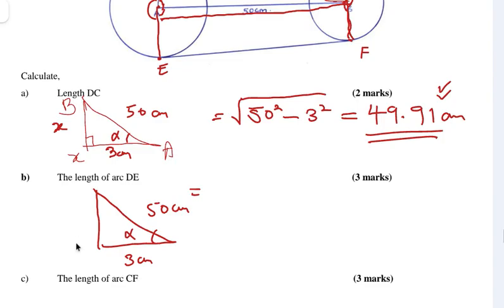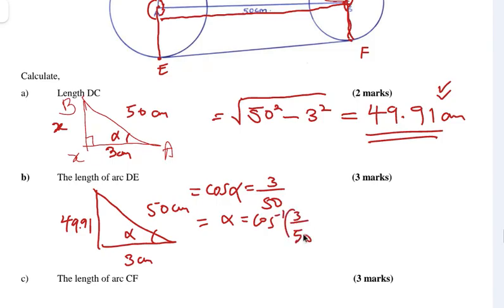Tutatumia cos. Ukitaka waweza tumia sin, but let me just use cos. Okay, let me just use cos because I like it. So cos alpha equal to cos which is toa equal to adjacent over hypotenuse. Your adjacent is 3 over hypotenuse 50. So theta is given by cos inverse of 3 over 50. So your theta is equal to, just take your calculator, take cos inverse of a fraction, which is 3 and